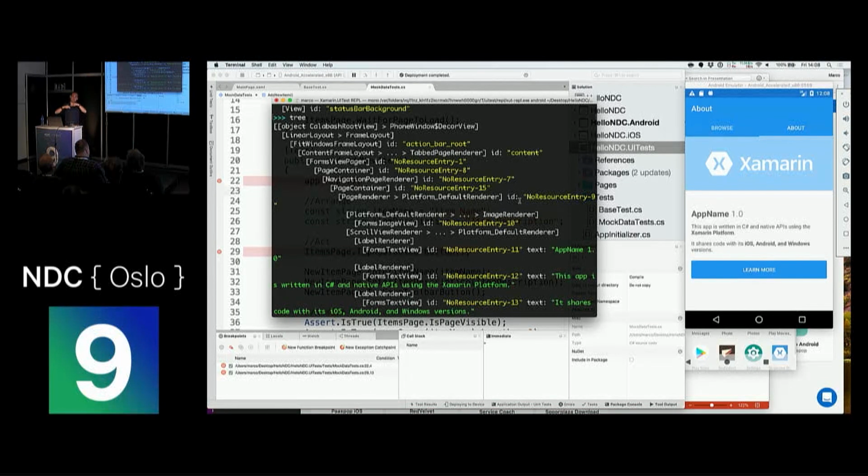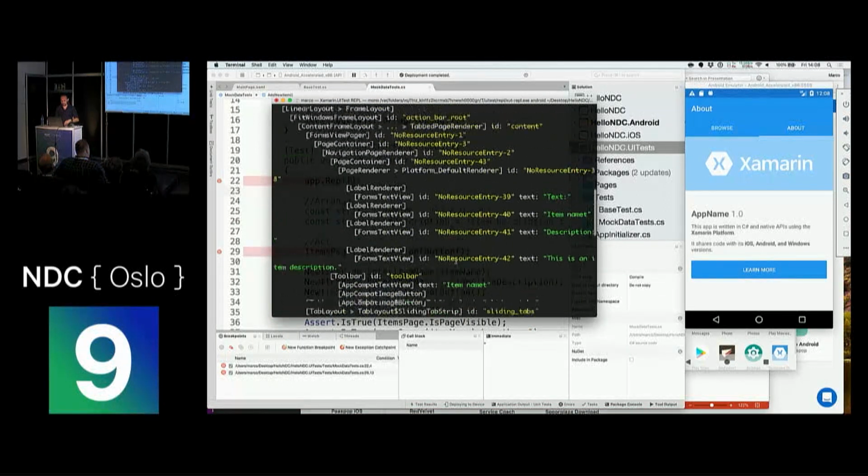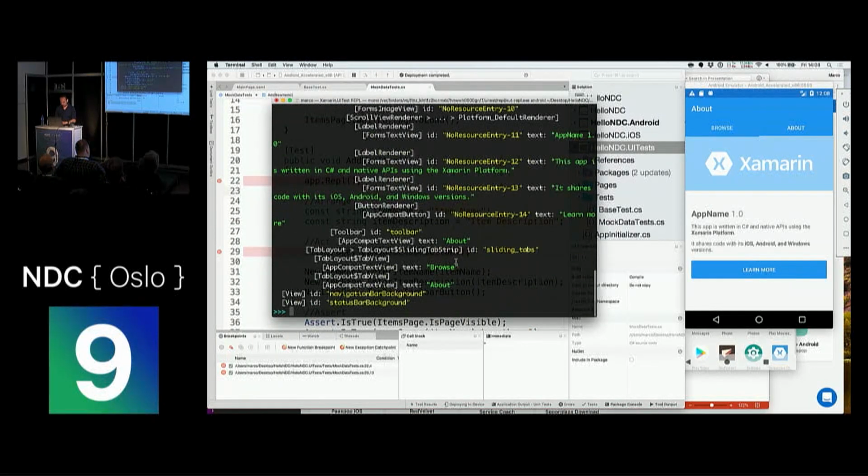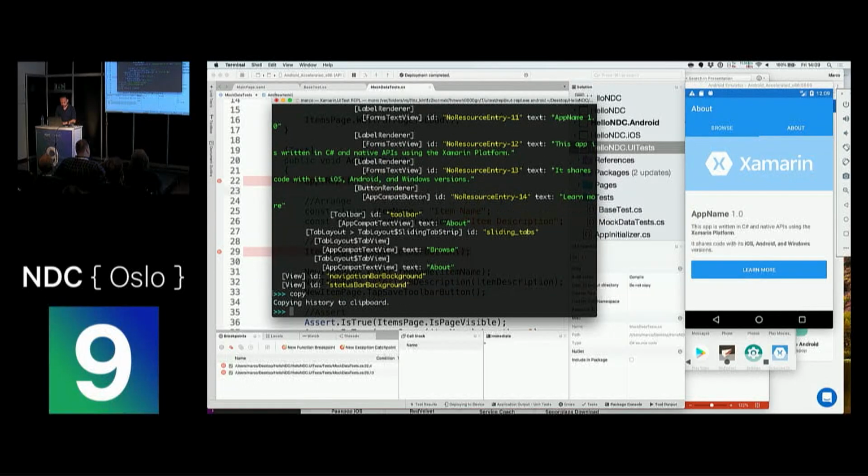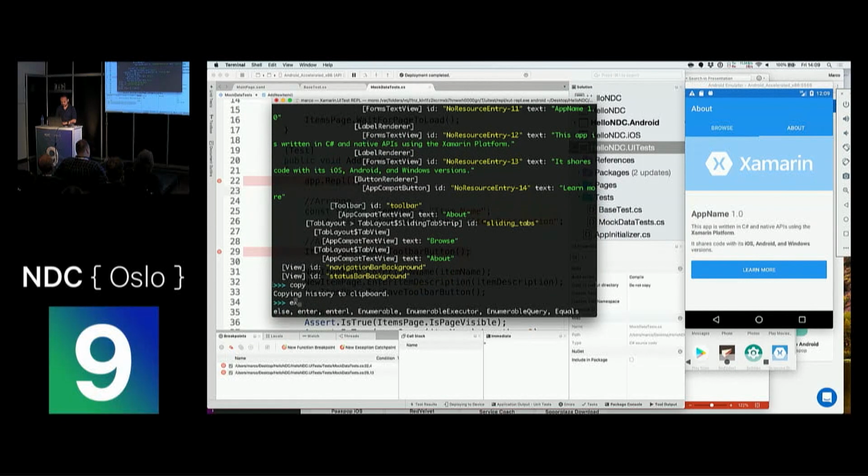That's why you have those things that tell you to scroll to or animate to, because sometimes when you have a long list and items are outside of the screen, it's really important to make sure that everything is out there. I think I can do copy right now, copying history to the clipboard, and I can exit this one,